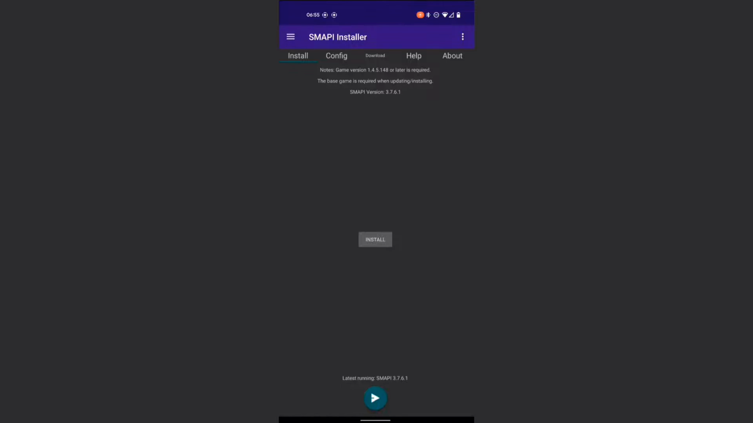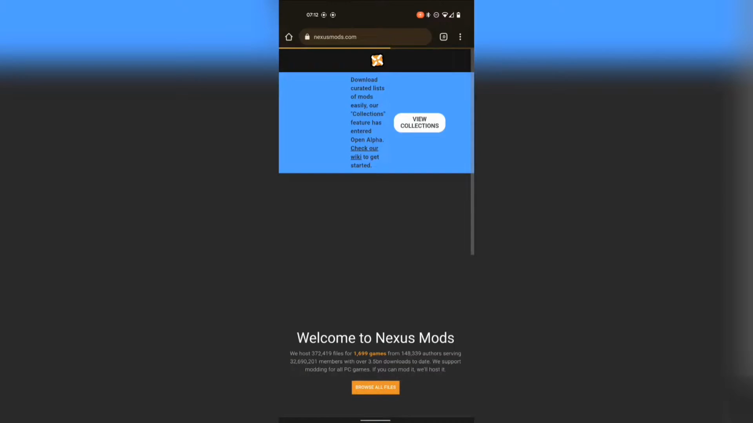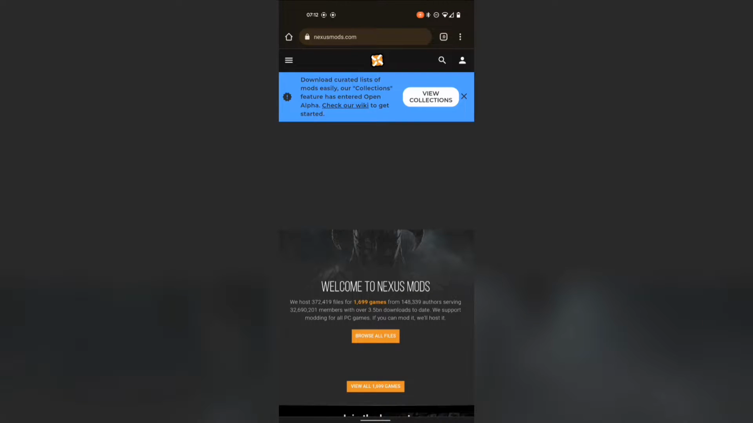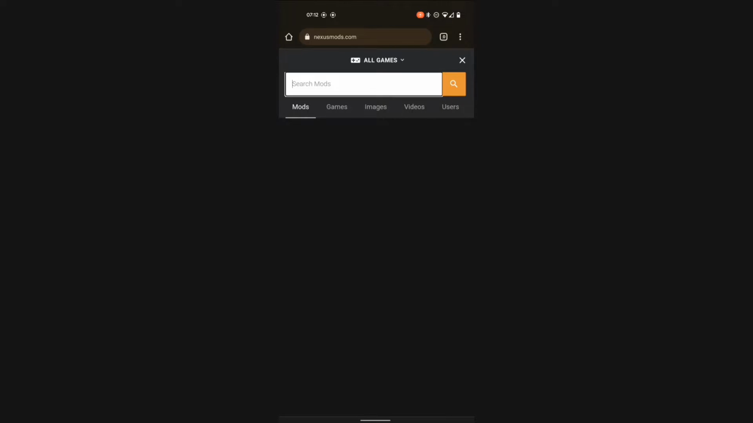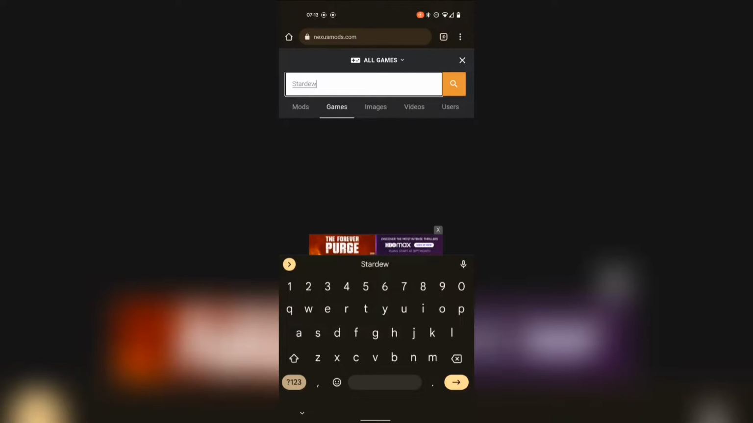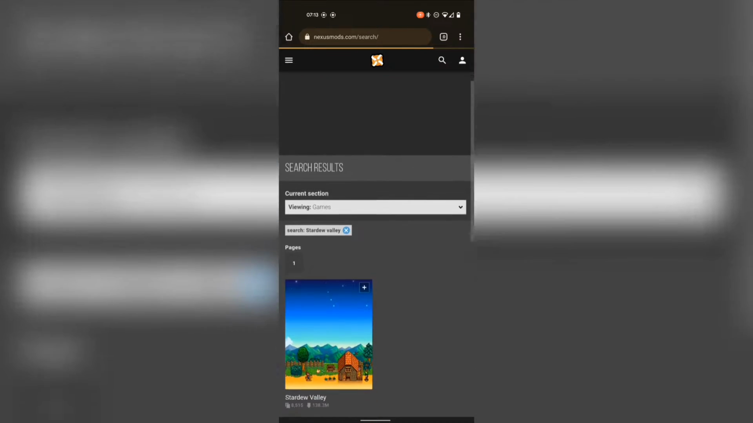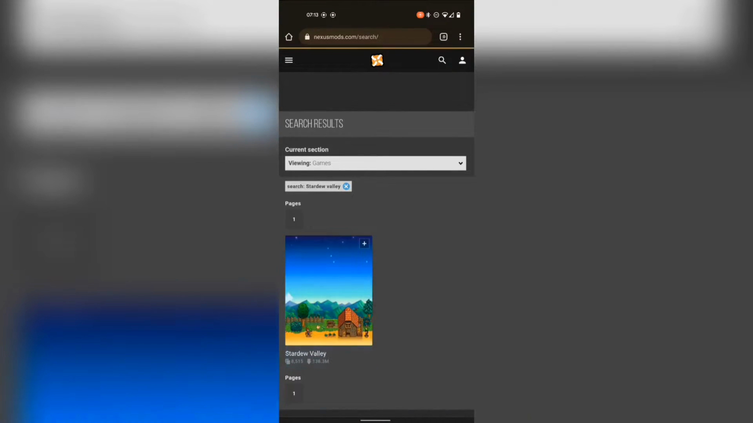so let's show you how to get to those. So first thing you need to do is go to Nexus Mods. That's what I use. There's a couple other places you can get mods, but I find Nexus Mods to be the best, and you need to log in or create an account if you don't already have one, just to be able to download the mods. So after you log in, you want to go search games, do Stardew Valley, click on Stardew Valley,